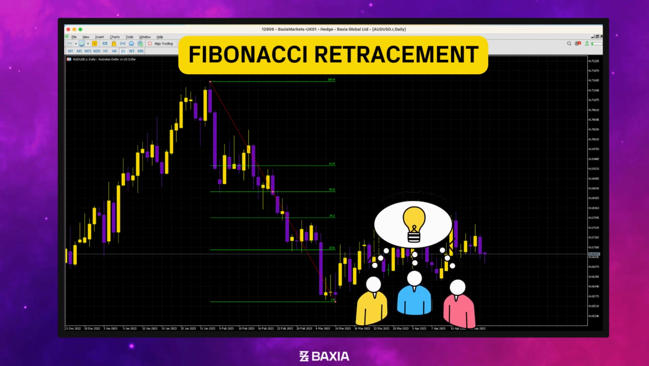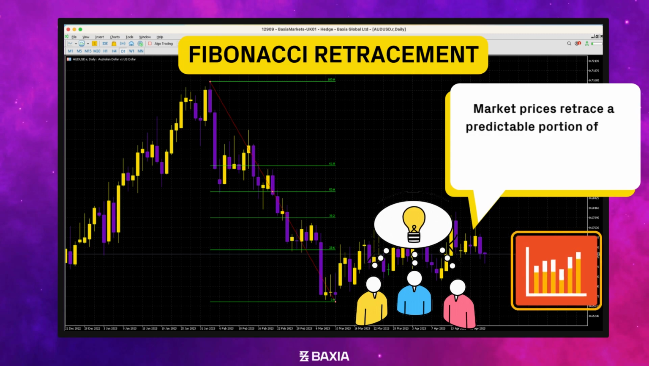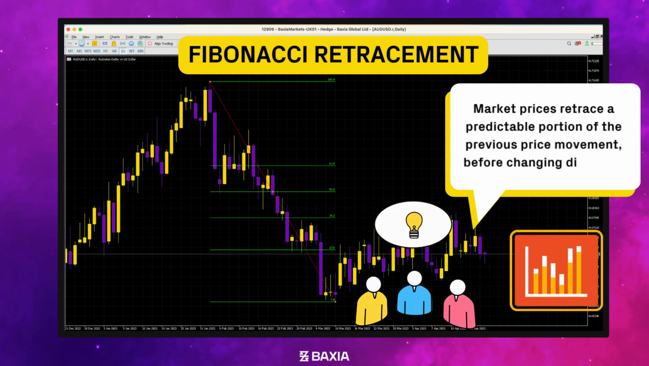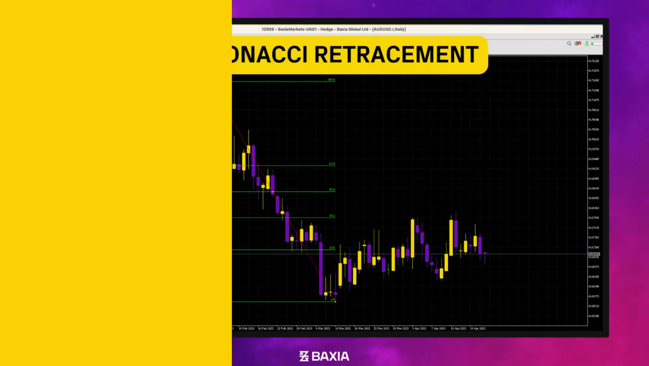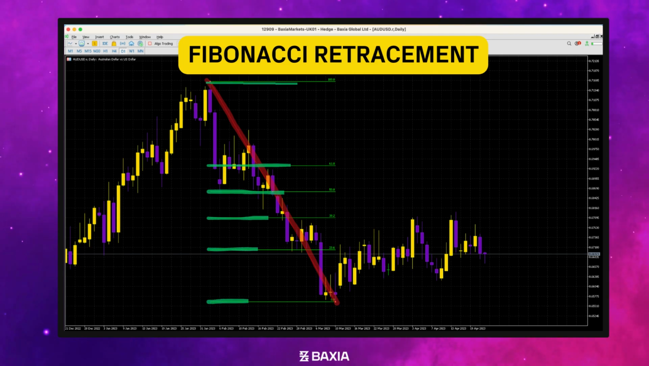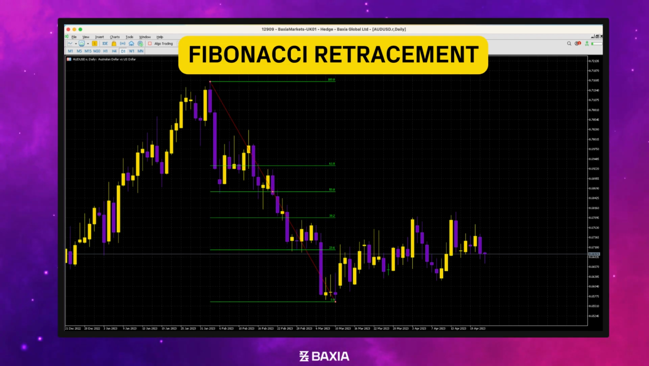Charles Dow, Ralph Elliott, and others developed the Fibonacci tool with an understanding that market prices retrace a predictable portion of the previous price movement before changing direction. To implement the indicator and establish the retracement's levels, first, start by drawing a trend line between two extreme price points. From this, the indicator will calculate a series of 6 horizontal possible retracements, or Fibonacci levels, that will intersect with the trend line. These include